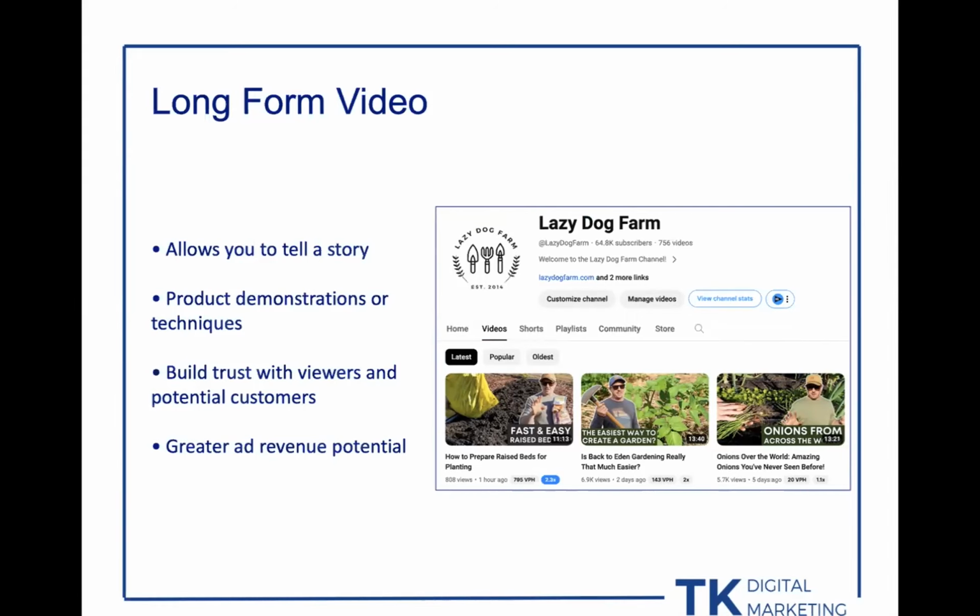And if you do enough long form video, you also on YouTube have the opportunity to monetize that long form content, and you get more ad revenue from long form videos than you do from short form videos, just based on watch time. So the longer the video, the more ads YouTube can place on that video, the more revenue you're going to get.